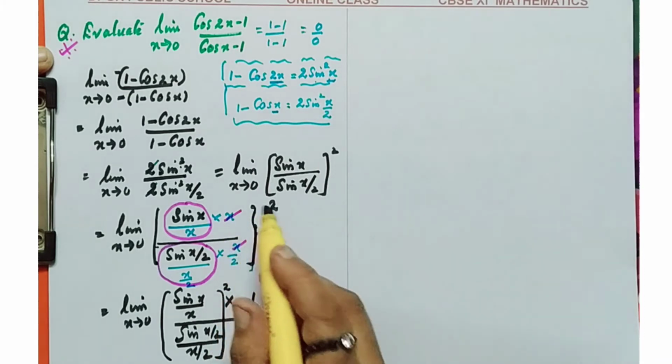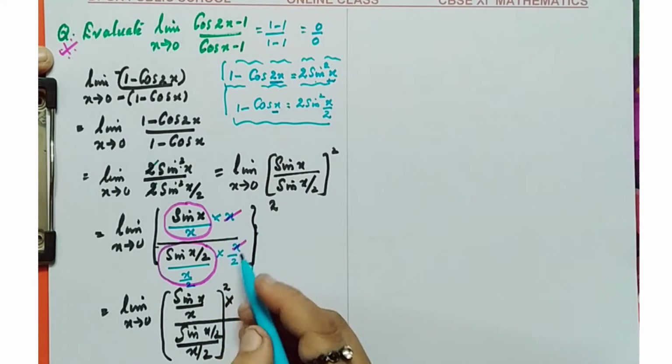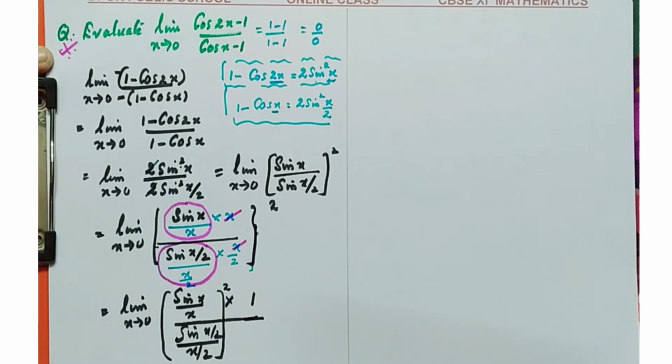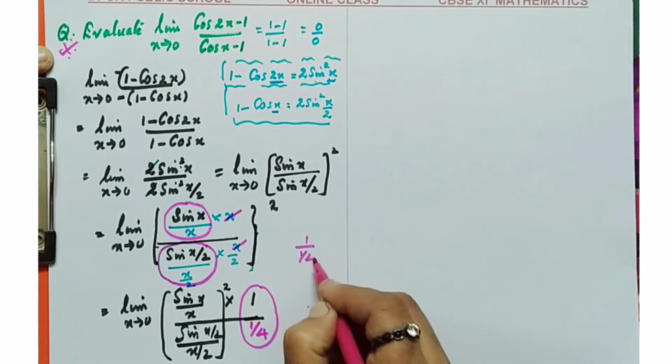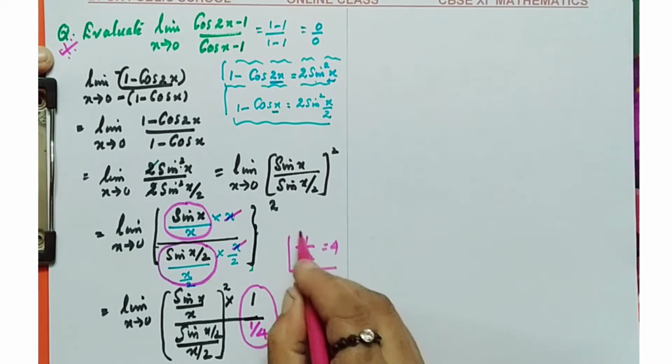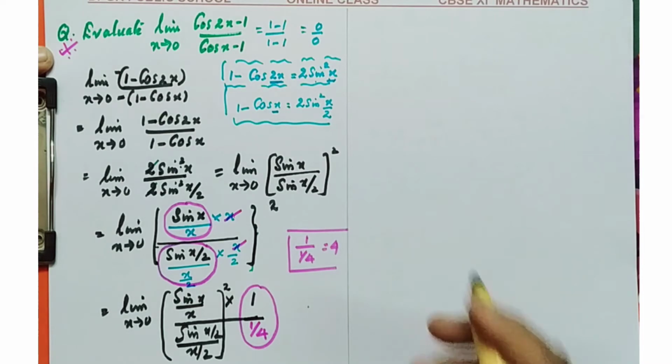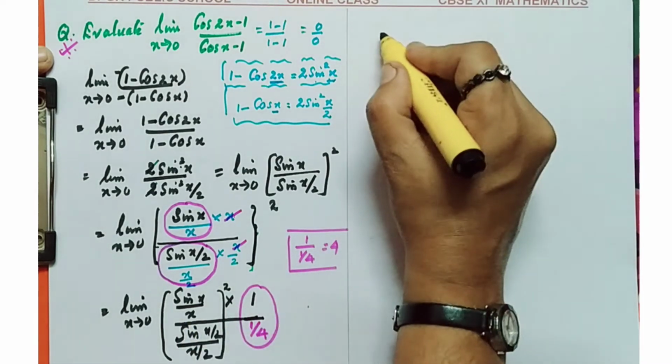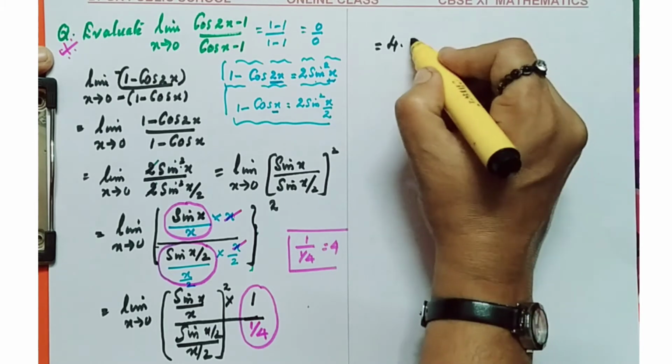But inside the square there is a constant 1 divided by 1 by 2. That can be written as 1 by 1 by 4, because 1 by 2 the whole square is 1 by 4. But this is the constant that you can take outside the limit. 1 by 1 by 4, when taking the reciprocal and simplifying, is equivalent to 4. Write the first fraction, take the reciprocal and multiply, so you get 4. That 4 is a constant that we can take outside the limit as 4 into limit x tends to 0